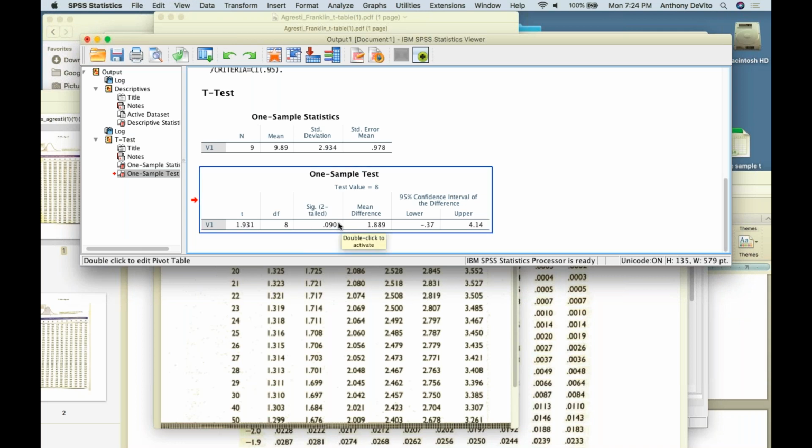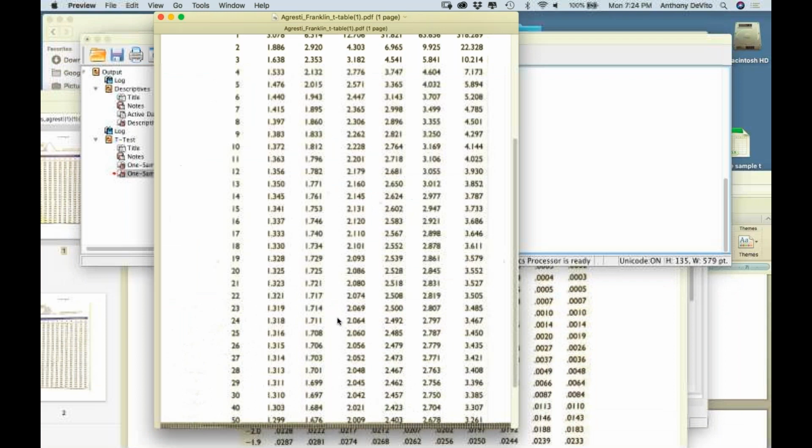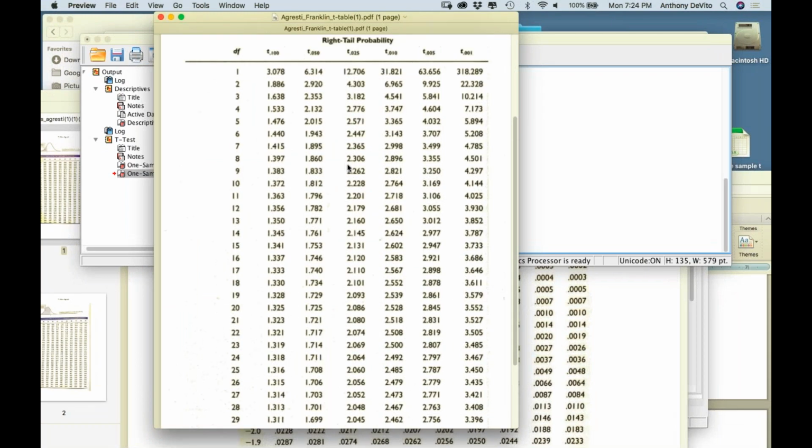And what was our acceptable level of error? Alpha was 5%, right? Our acceptable level of error was 5%. SPSS actually calculates that p-value, the probability we'd be wrong. If we don't use SPSS, we're dependent on the t-table. All we can say is that we have a critical value of 2.3 for that sample size that we have to exceed. If our t-score doesn't exceed that value, then we fail to reject the null hypothesis.